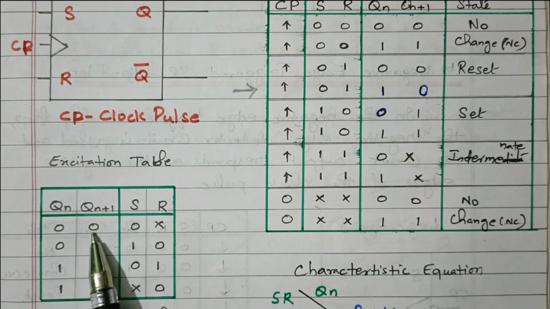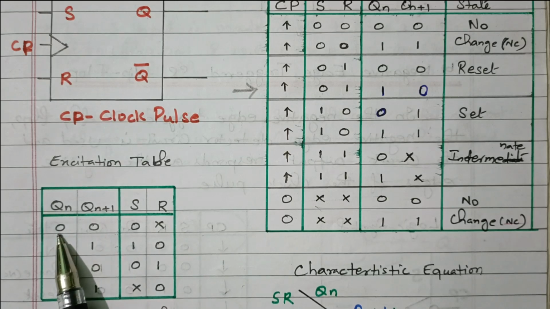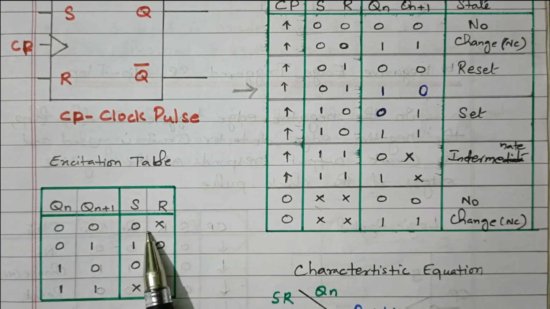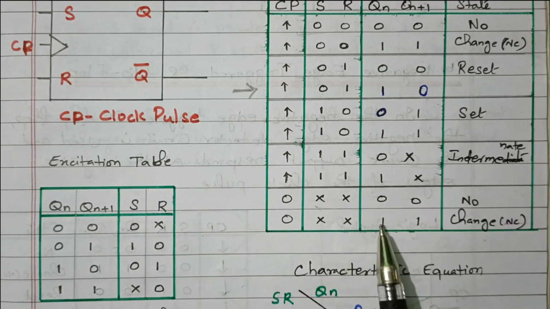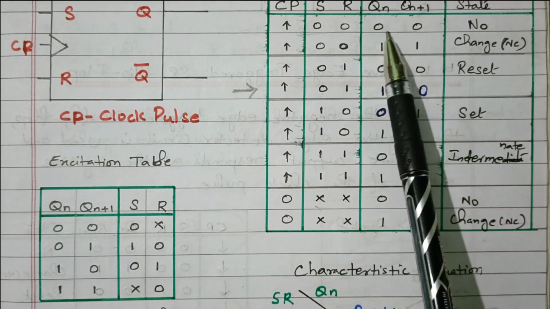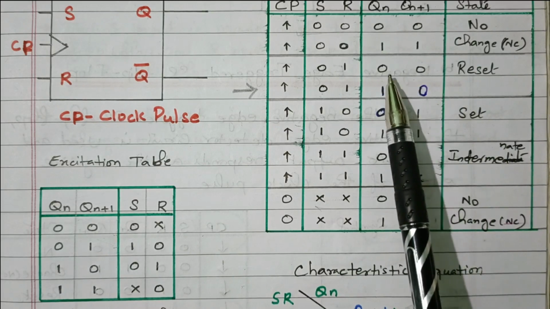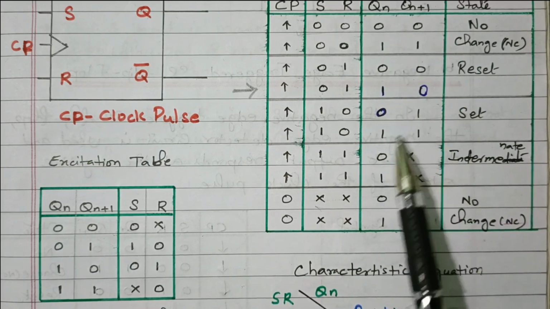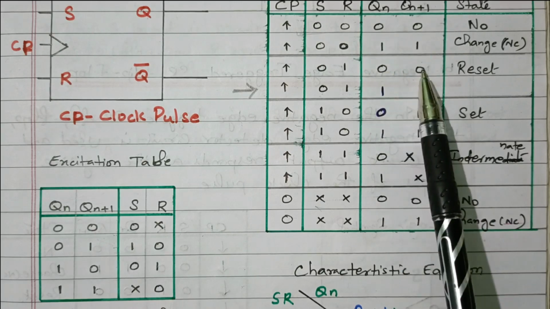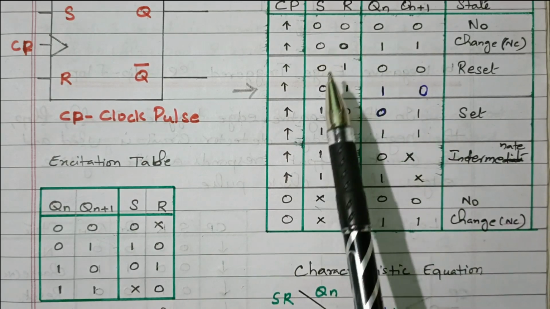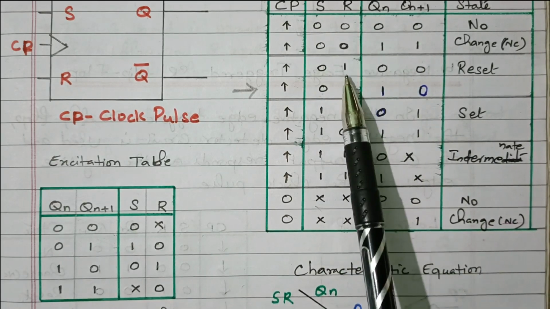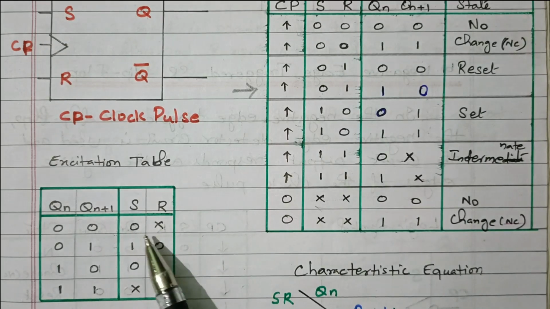First we will see 0 0. Input is also, present state is also 0, next state is also 0, meaning what is the input we need to apply. Now we'll check this truth table. Wherever we have 0 0, here 0 0 is there, here also 0 0 is there. Present state and next state 0, no other, only these two combinations, this first and third. What is the input here? 0 0, here 0 1, that is S is 0, but R may be 0 or 1, so that 0x,